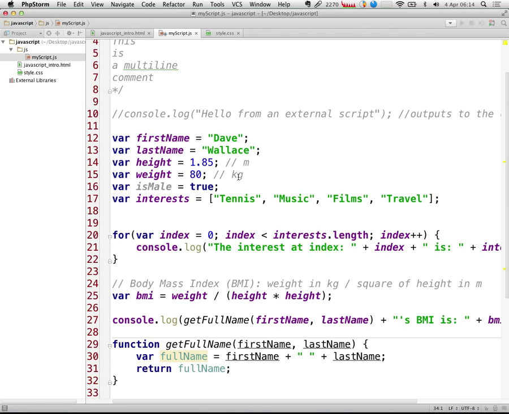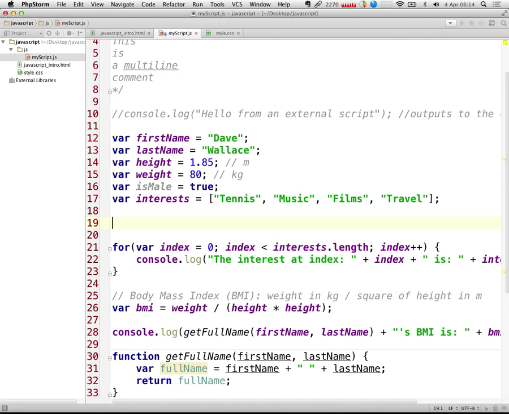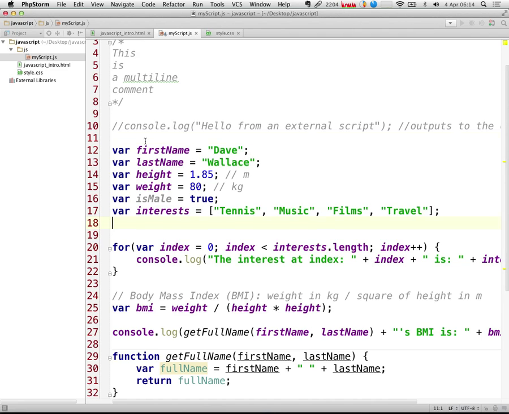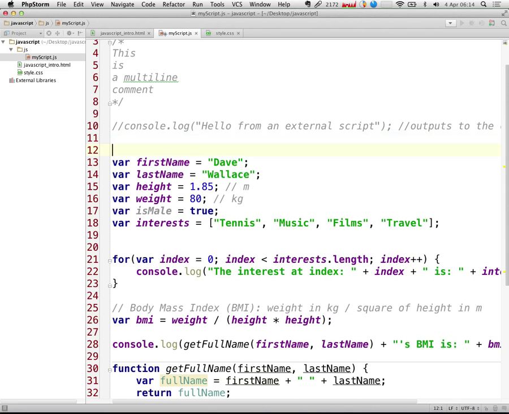Again, what I could do is duplicate these variables, but call them like firstName2, lastName2, height2, for example, and so on and so forth like that. But what I am going to do instead is essentially create an object, so a container to hold all the information about one person. And the way I'm going to do that is,